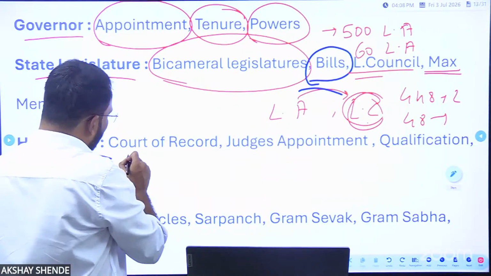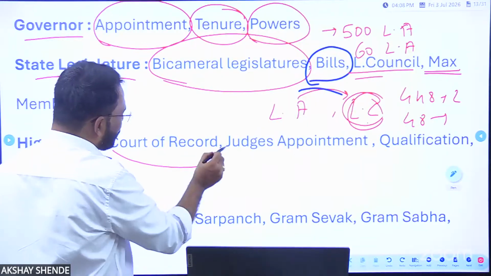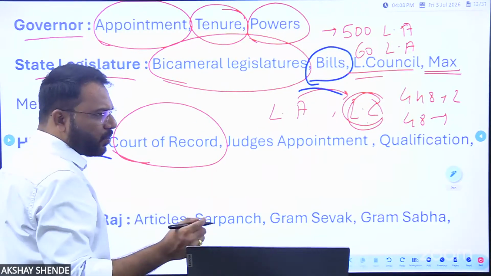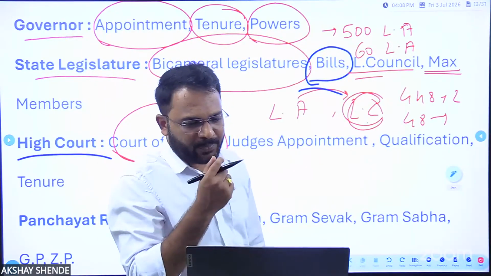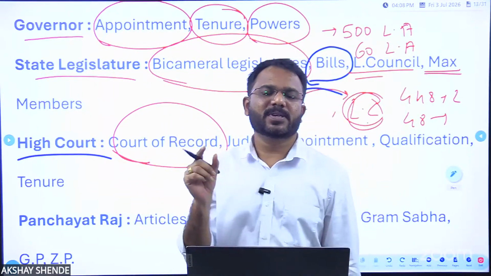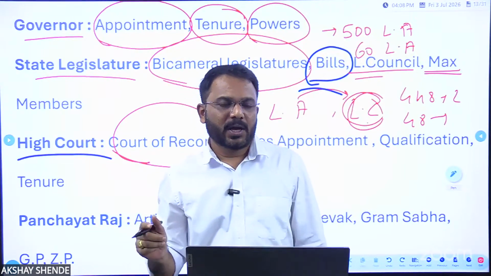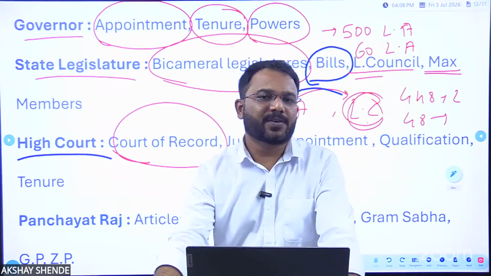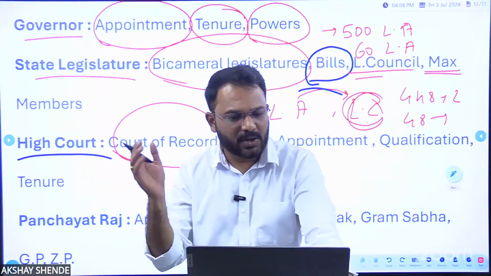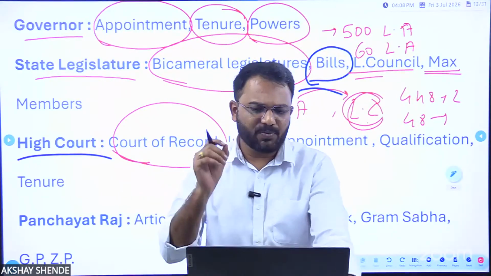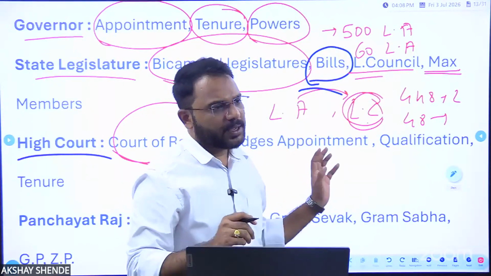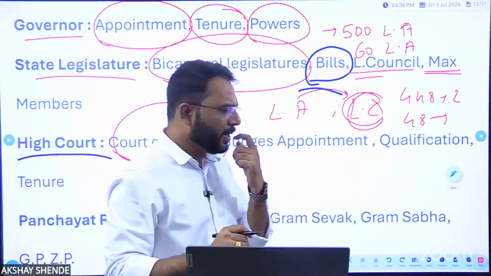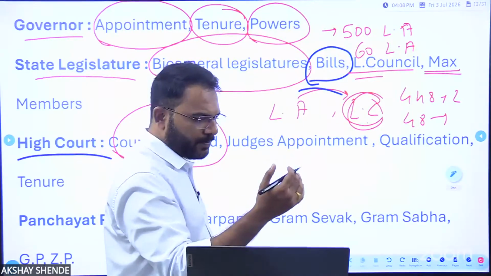Okay, in High Court they have asked you a question about court of record. What do you mean by court of record? Okay, court of record means that the decisions or the judgments which are given by this court can be taken as a reference or evidence for other courts as well. Okay, and it would remain in the memory and testimony of these courts, for the courts which are in India. Fine, it is known as court of record.